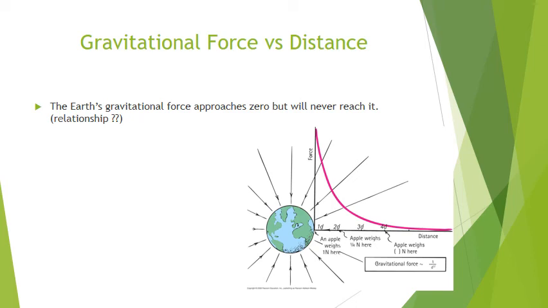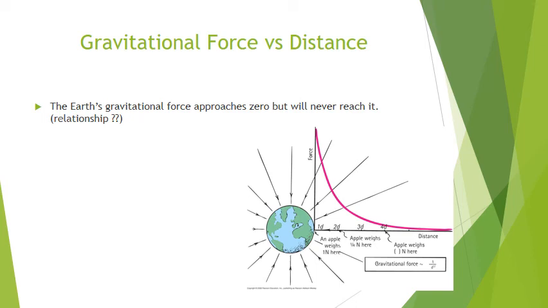So if you've ever been tempted to think that the reason that astronauts appear to be weightless in space is because there's no gravity in space, think again. And you should be able to confirm this to yourself by just looking at this graph here. This graph is going to be useful in a couple of slides when I recommend that you check out the weight on other planets